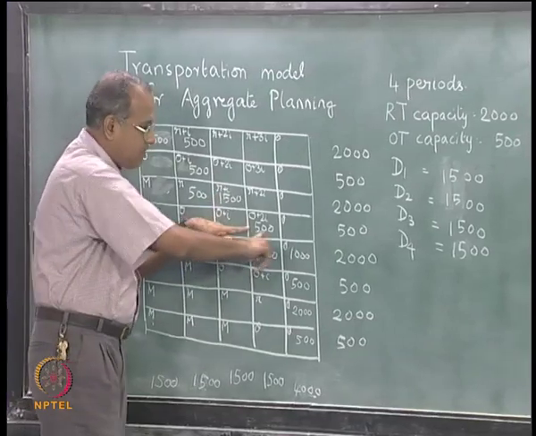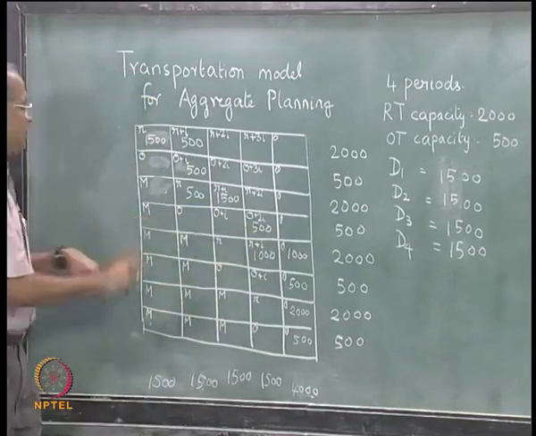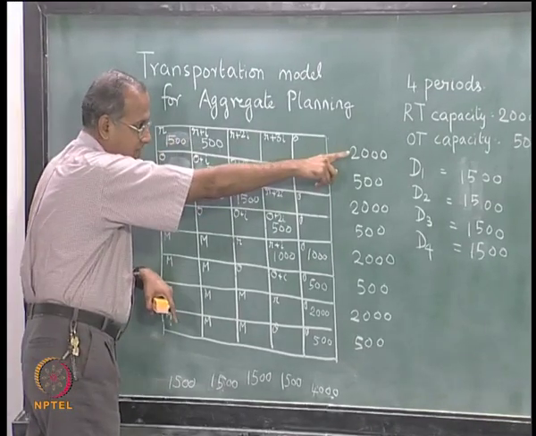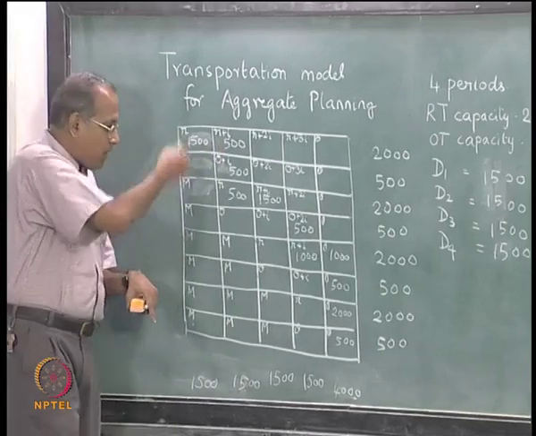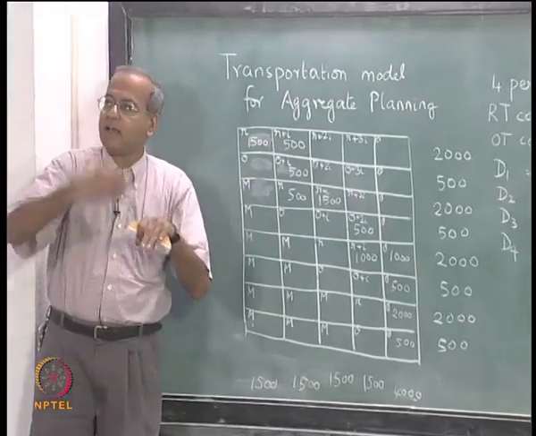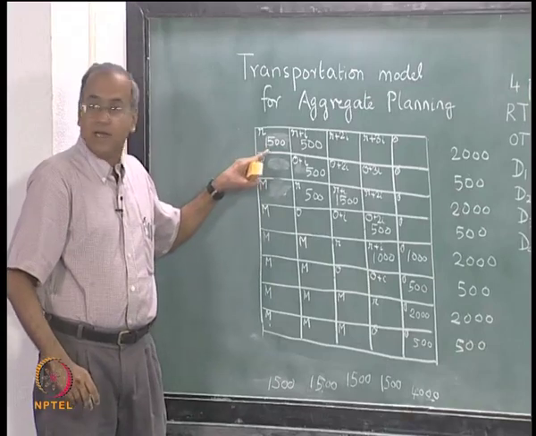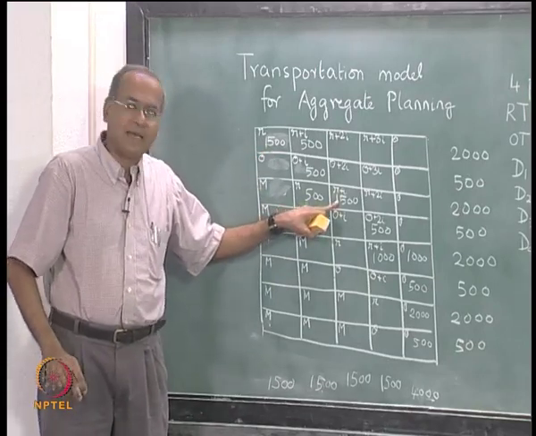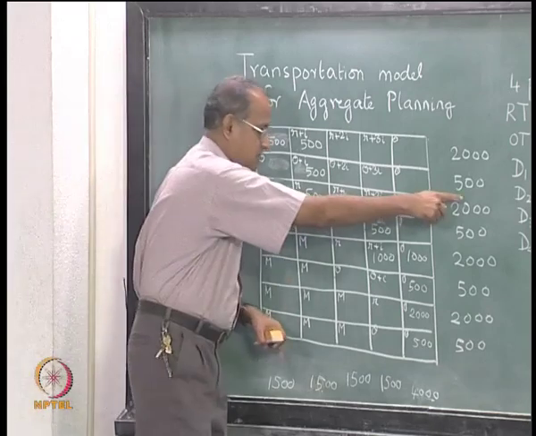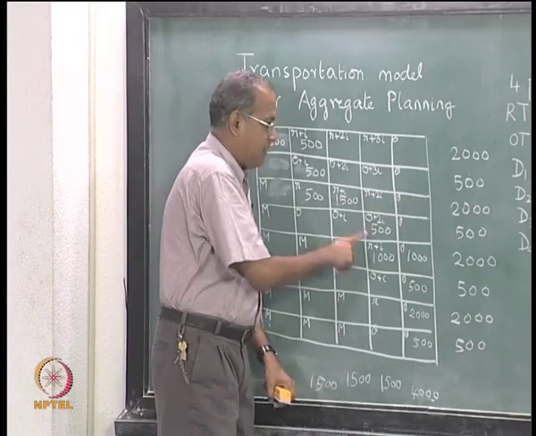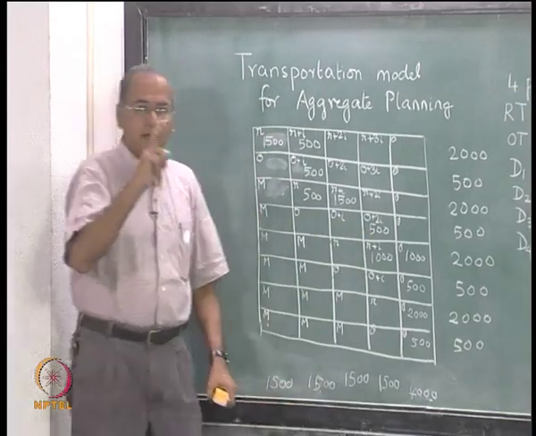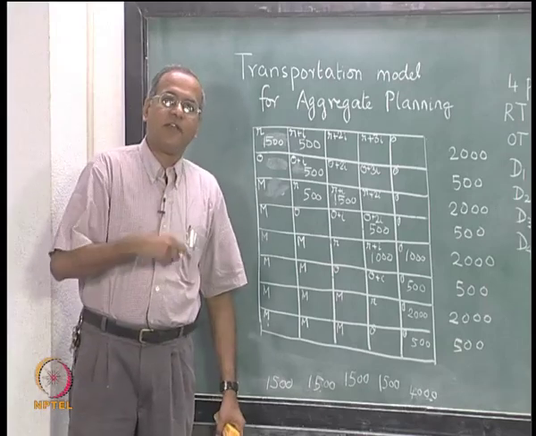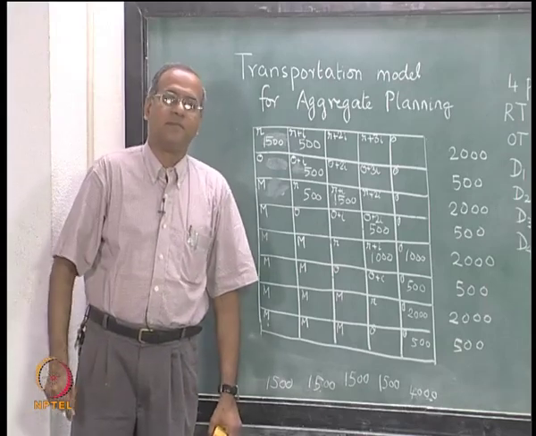Therefore, we started here with this 500. For example, when we made this allocation of 1500, we had a balance of 500 here which came here. So, only one row or one column was entirely filled or met by the allocation, but at this point both the row and column were met entirely, and therefore, both these were met and we started from here. So, we had one allocation less,